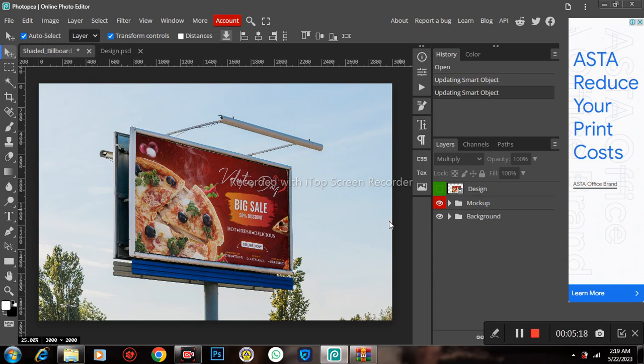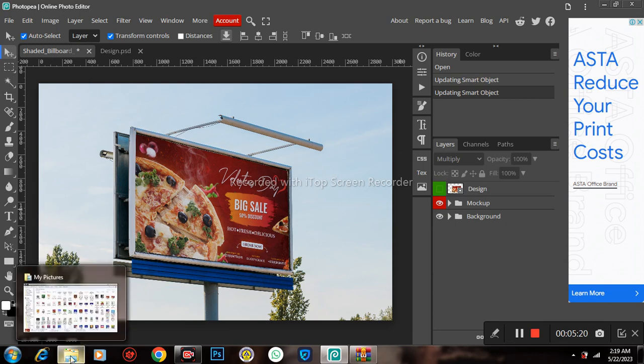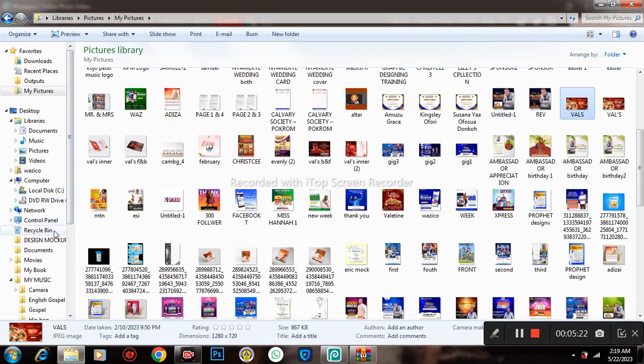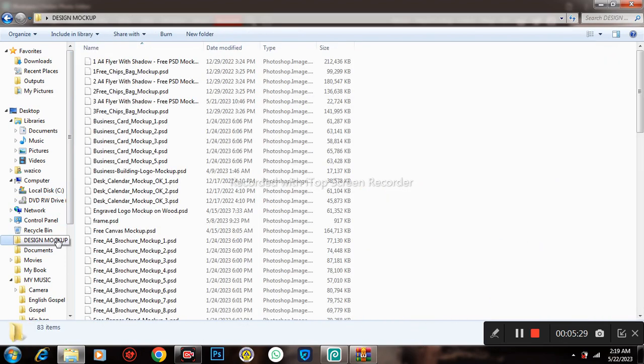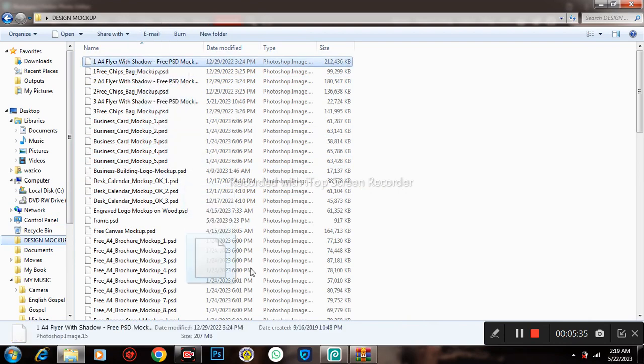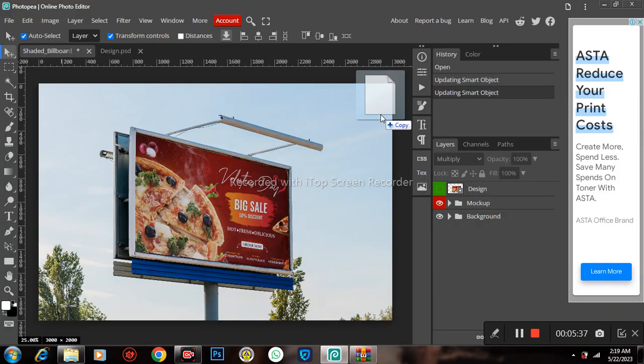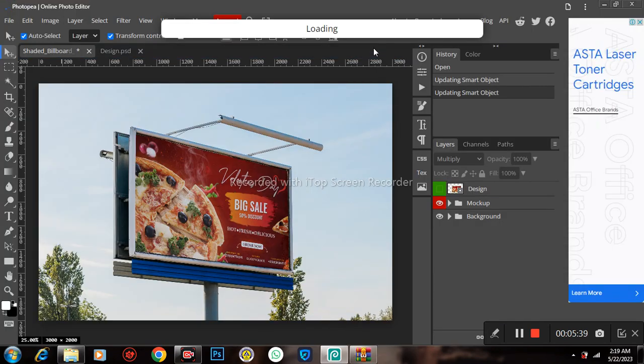Now I'm going to try my hands on another, different mockup. In this one, I've already shown you how to extract it from the zip folder, so I'm going straight to a mockup folder I have on my machine. So here is the mockup file. I will just drag and drop it here. As we are waiting for it to